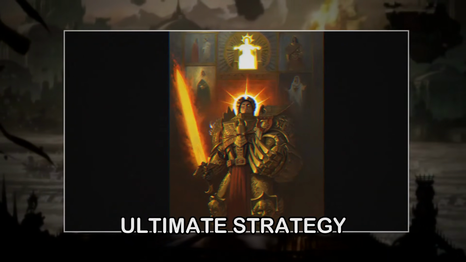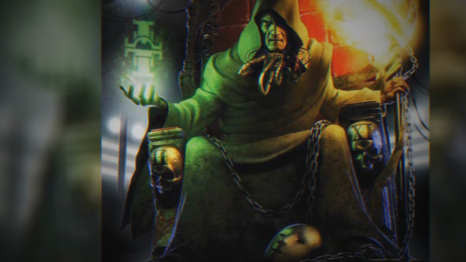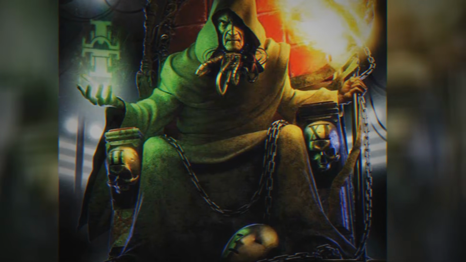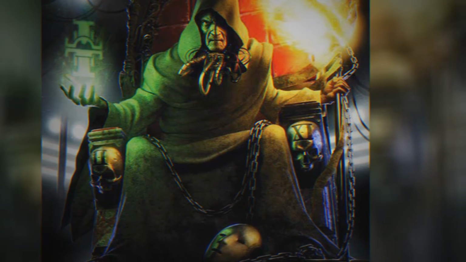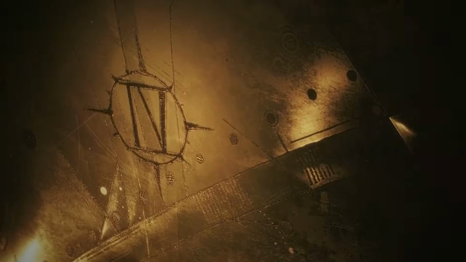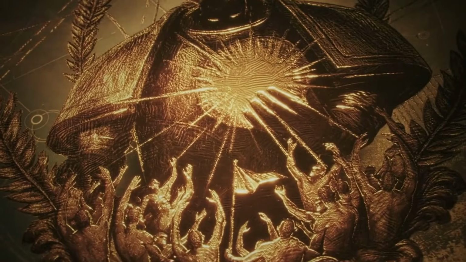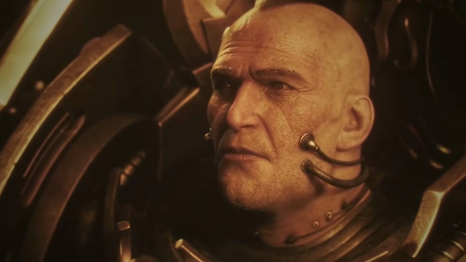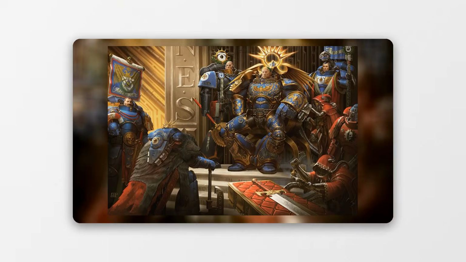survival and prosperity. To oversee the vast and increasingly complex imperial bureaucracy and to manage the intricate details of the Webway project, the Emperor relied heavily on his most trusted advisor, Malcador the Sigillite. Malcador, a powerful psyker and a figure of immense wisdom and loyalty, remained on Terra, acting as the Emperor's regent and the true administrative head of the nascent Imperium. His role was crucial, as he navigated the political machinations of the nascent imperial court and ensured the smooth functioning of the Emperor's grand designs while the Primarchs waged war across the stars.